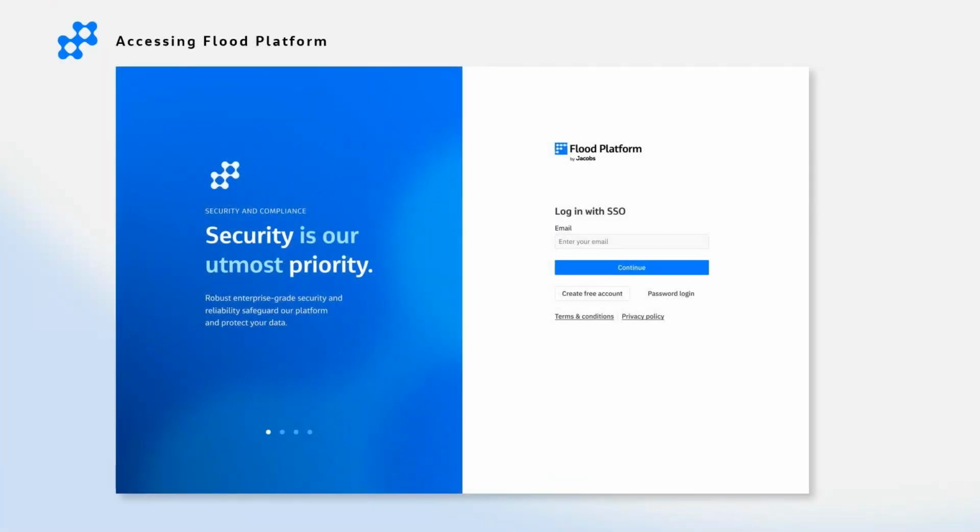Right. So I'm going to jump into a demo. What I'm going to do is show you using Flood Platform through a series of different model types, showing you how you manage that data within Flood Platform, how you visualize the data. As I say, when you first log on, you'll be presented with a splash screen, a log-on page where you enter your credentials, and there's a two-factor authentication piece as well to make sure you are who you say you are and ensure your model data is secure. Once you're through that, you can jump into the